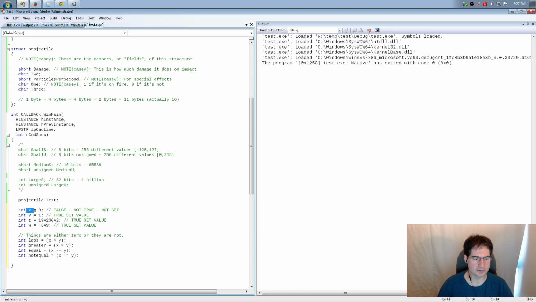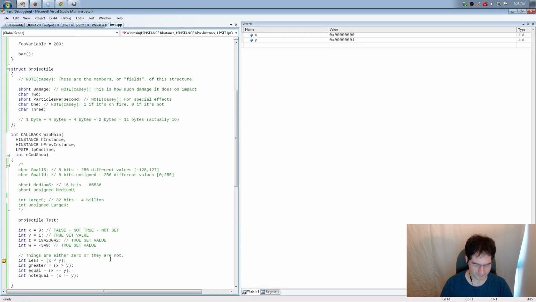Okay, so obviously between X and Y, X is 0, Y is 1, right? So if I compare these values to each other, what C will do is exactly what you would have done in math. It'll do the mathematical comparison. This is how they do equals to, so that you don't confuse it with assignment. They put 2 equals to see if values are the same, and they put a not and an equals to see if they're not the same. C will do the comparison between whatever integer values they are, and it will put a 0 here if it is not true, and it will put a non-zero value, but not necessarily 1, if it is true.